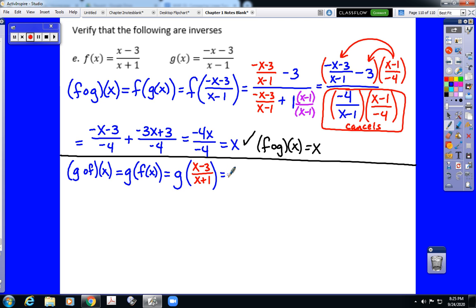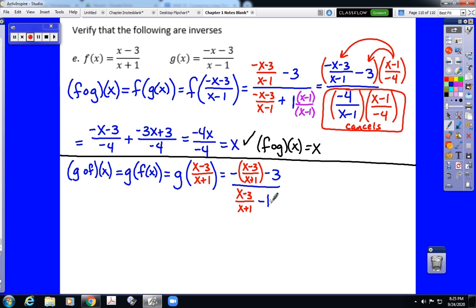So you need to be very careful here, okay? So we set this up. That is negative, and then we've got that x minus 3 over x plus 1, minus 3, over x minus 3 over x plus 1